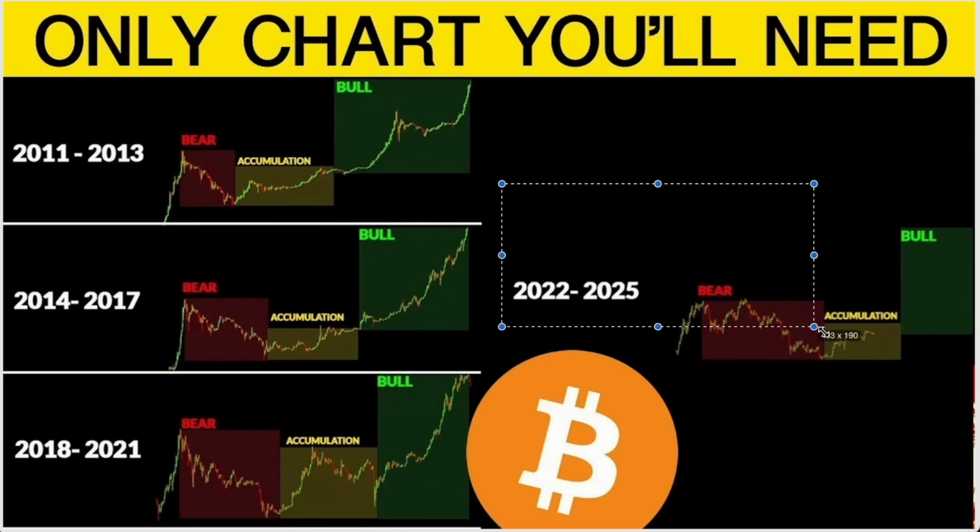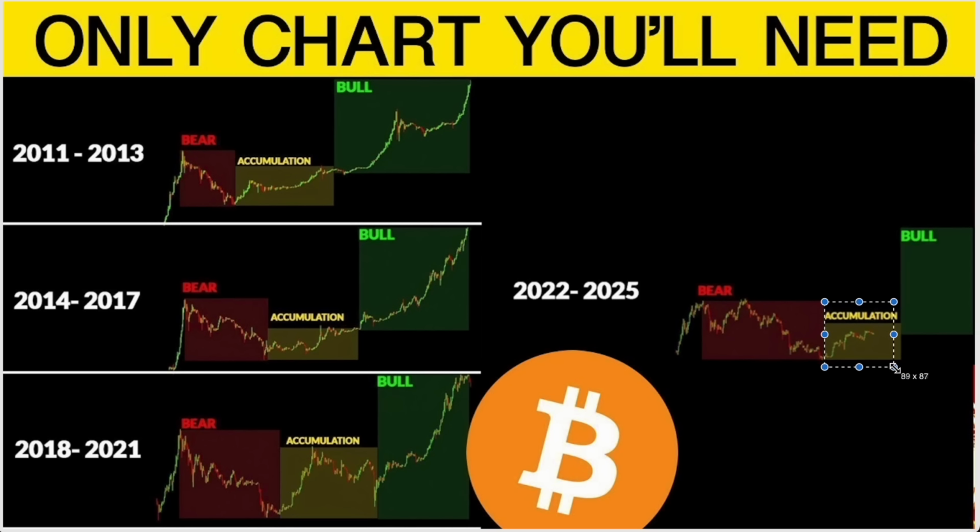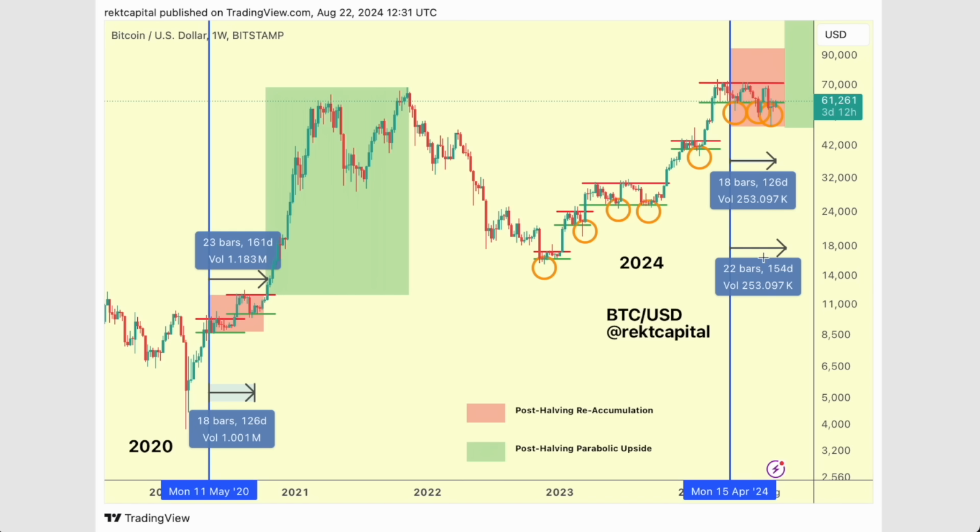So let's talk about the cycle we're currently in. We saw a bear cycle of a year take place, accumulation, and this is where it gets interesting because this is the accumulation phase. So this is actually a chart that I shared a few months ago. So this accumulation phase, of course, precedes the bull phase, but just notice where we stopped in this accumulation phase. So it was around this time in the cycle, right, where we were just accumulating here for a long time,